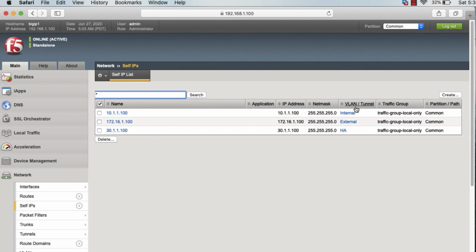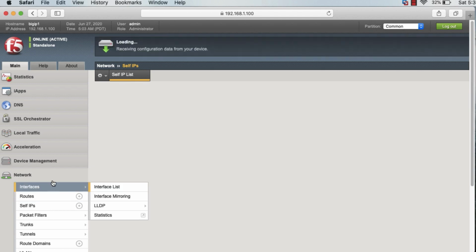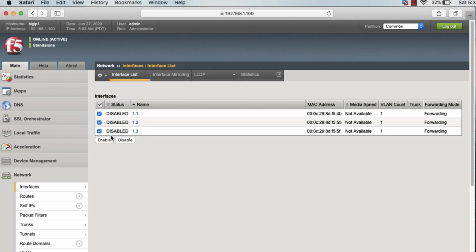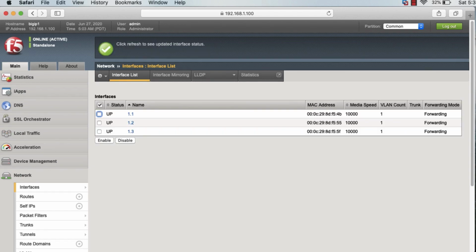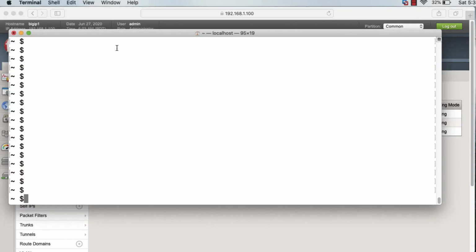You can see VLAN naming. And now I'll go to interfaces. I see all three disabled. I'll enable these. That will be enabled in a while. It is up now. I'll take it to terminal and will show you ifconfig of my MacBook.